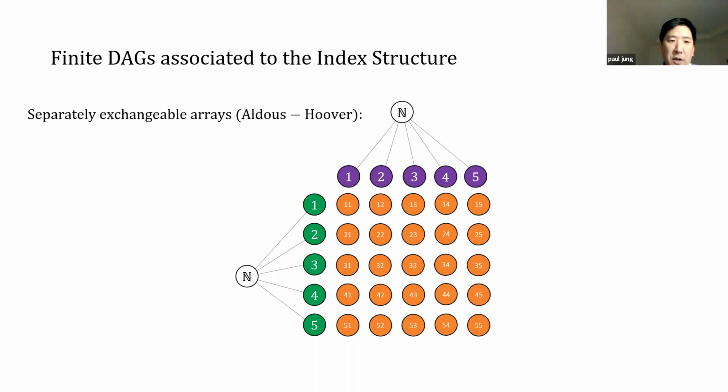Okay, so for de Finetti, we associate a 1-point vertex, a single vertex, and with Aldous-Hoover for the 2-dimensional array, we assign a 2-point set, two vertices with no edges. And likewise, if it was a 3-dimensional Aldous-Hoover array, it would just be 3 vertices with no edges in between.